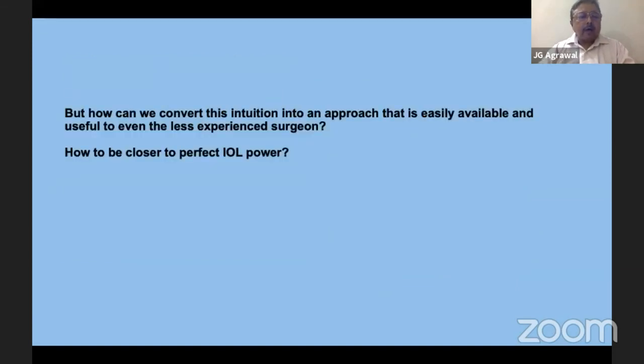But how can we convert this intuition into an approach that is easily available and useful even to the less experienced surgeon? How to be closer to the perfect IOL power?